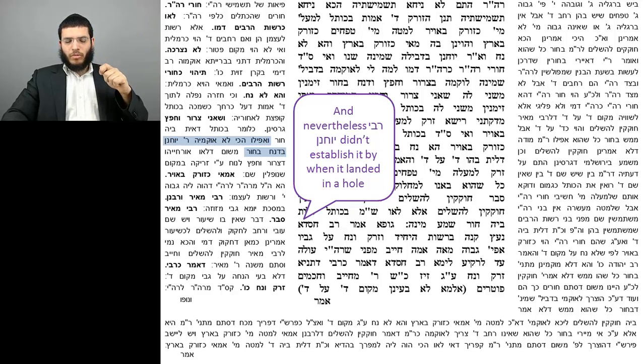Kaleimer, meaning, because it's by a wall that has a wall. Va'afilu ha, we're talking about a wall that has a hole. And nevertheless, Rabbi Yochanan didn't establish it by when it landed in a hole. He preferred to establish it by a fatty fig, because